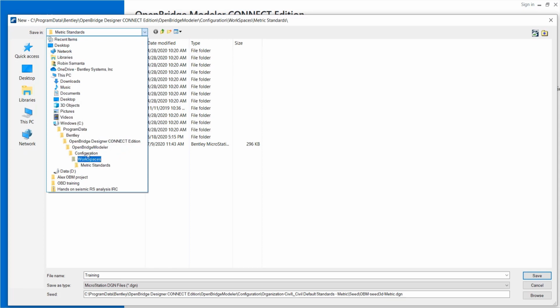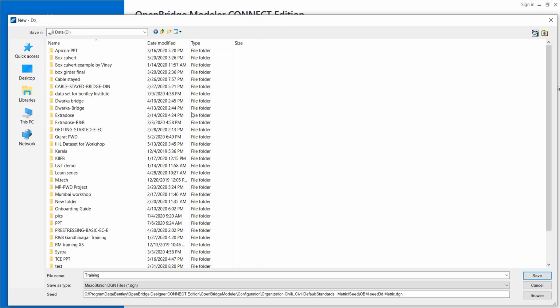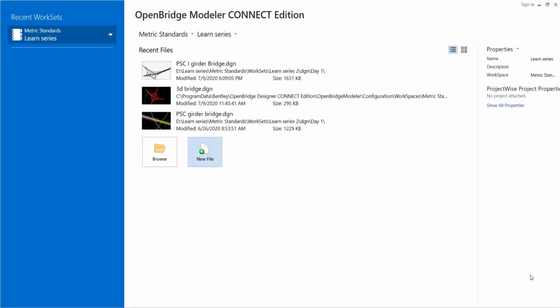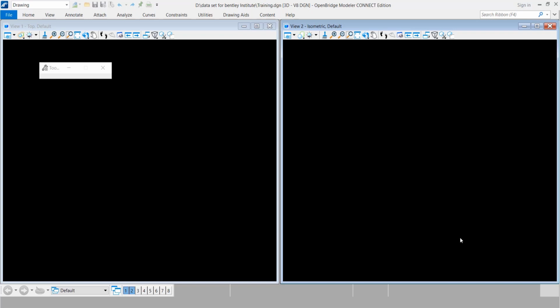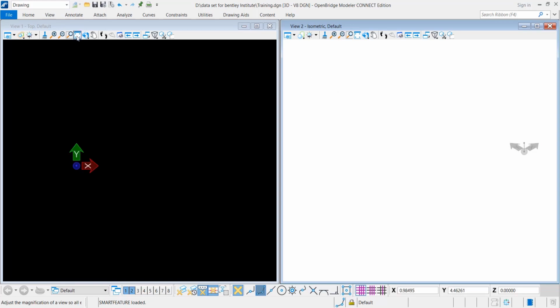Like OpenRoads as well, OpenBridge needs to set up some workspace and workset. Once you are setting up your OpenRoads, there we need to include some of the new files. Or if you have already installed OpenBridge Designer on your machine, the default workspace and workset will be automatically done. And you can save on that same workset for the time being. Then we are creating a new file here. And now you can see that it opens up the OpenBridge Modeler for creating our 3D model.